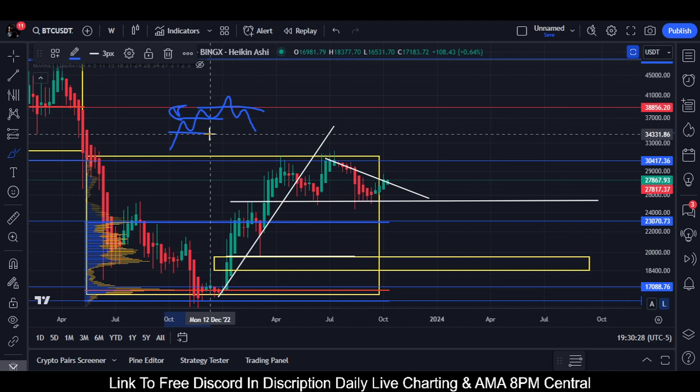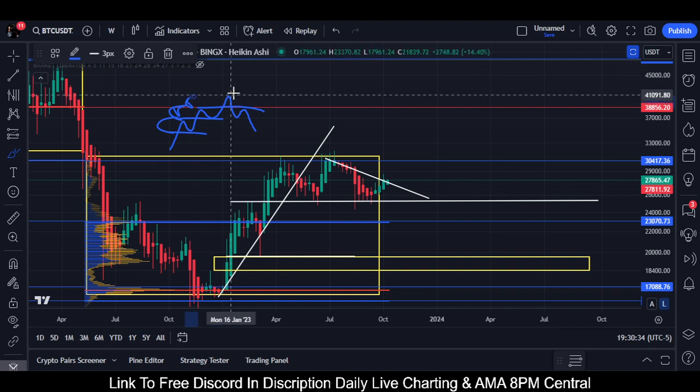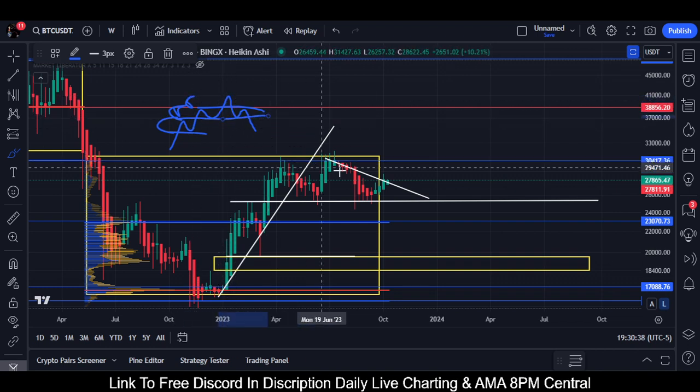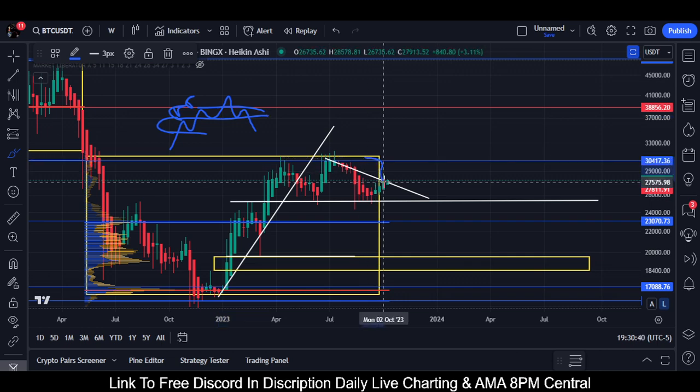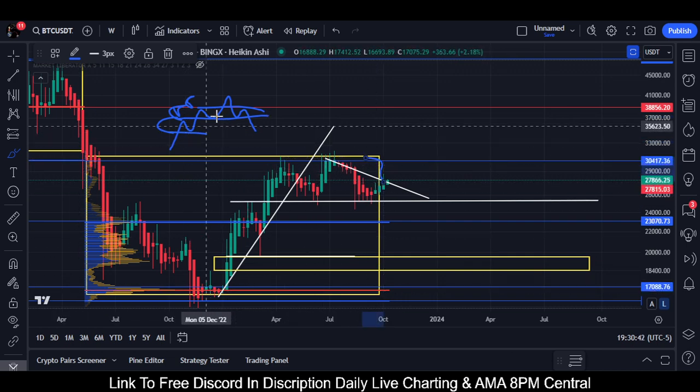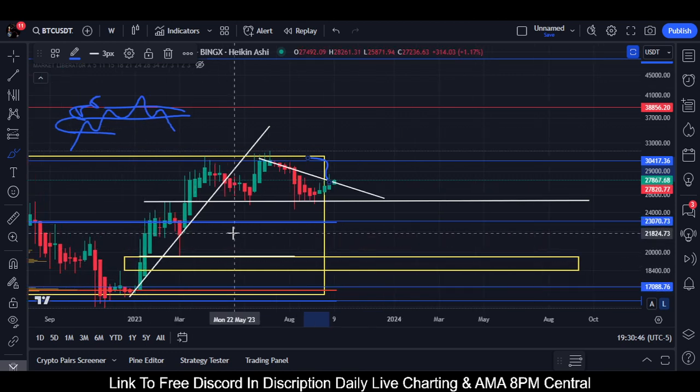This right here is a price range. This right here is a price range that it said no to. Came back down and no. Came back into this price range. Just like these big yellow price ranges that we got here. Same thing. So if we think about this on that scale, the only thing of Elliott wave theory that makes sense,